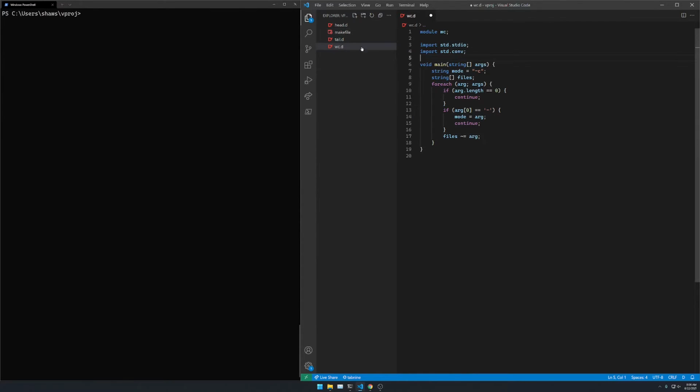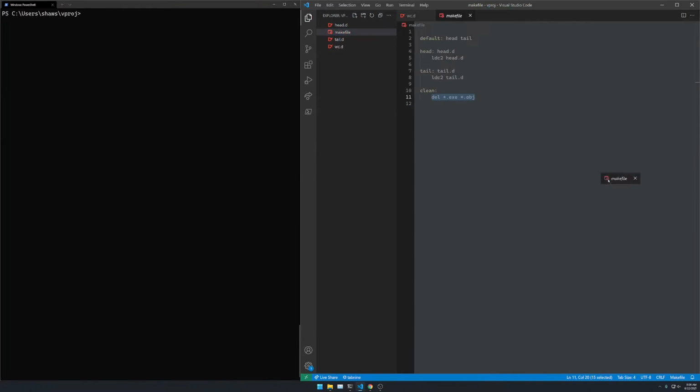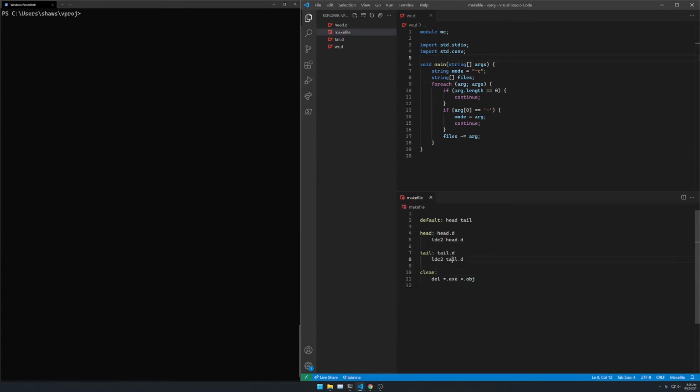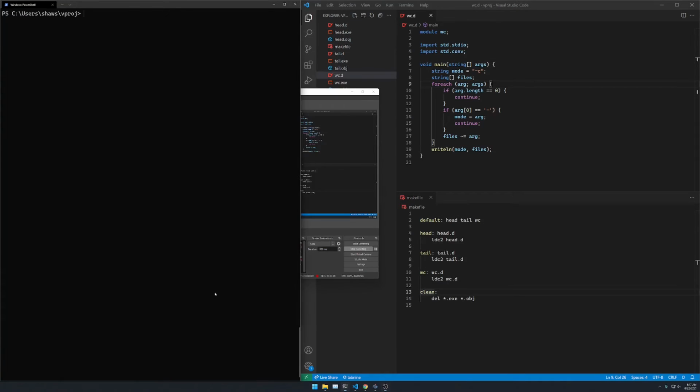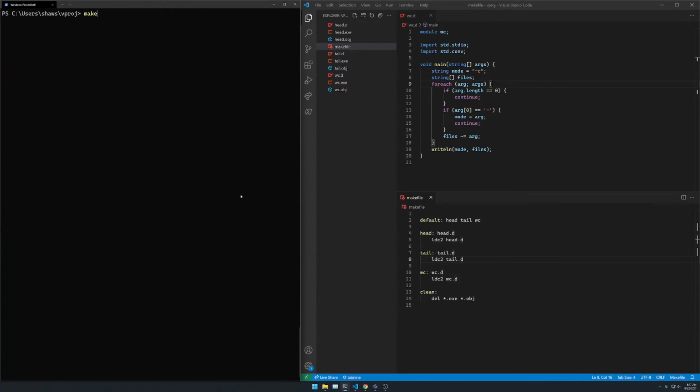So if we save it and we add it to our makefile by saying wc is based on wc.d and ldc2 wc.d, and let's build wc by default. If we make, we will have head.d, tail.d. So if we build it again